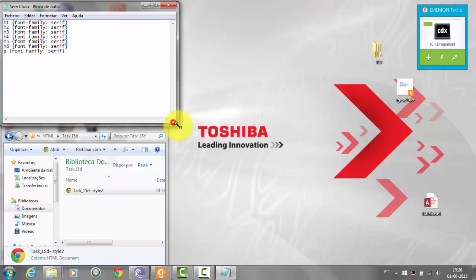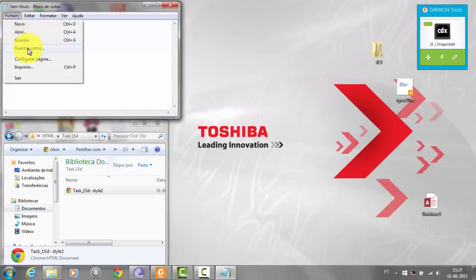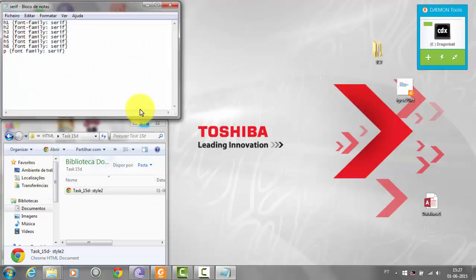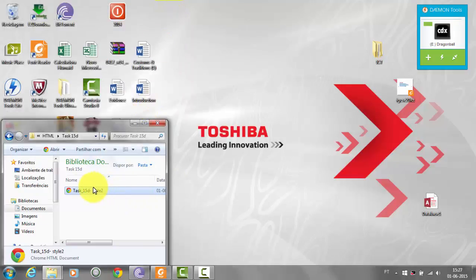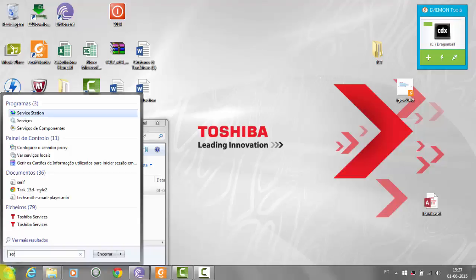This should be like this, and you have to save the file using the file name serif.css, then save, and then search serif.